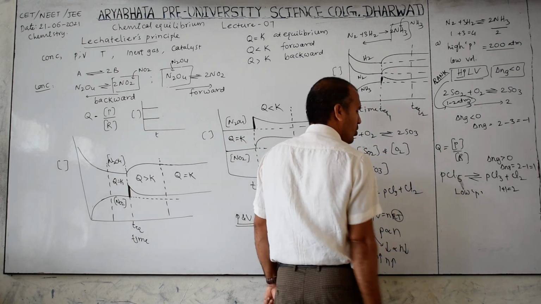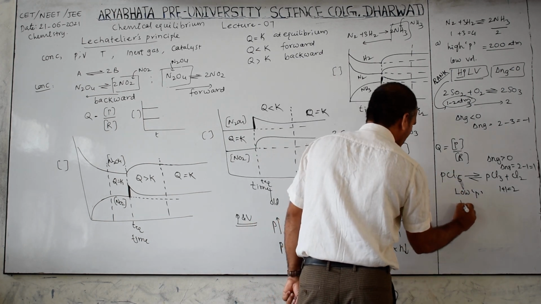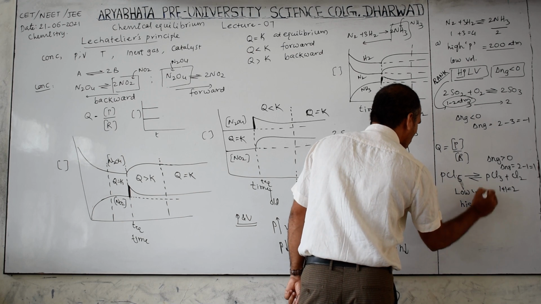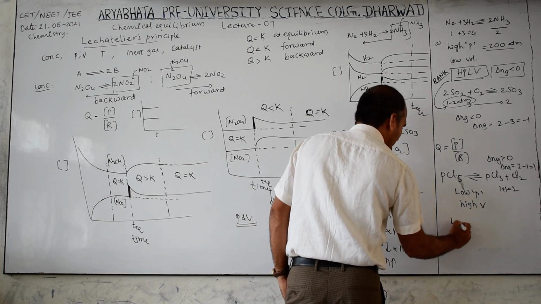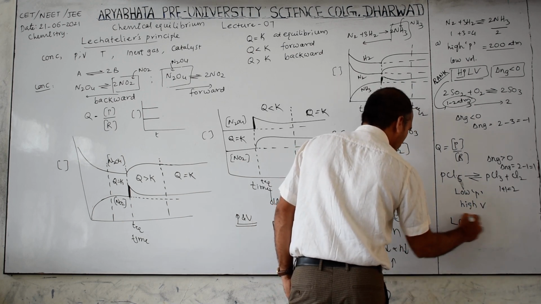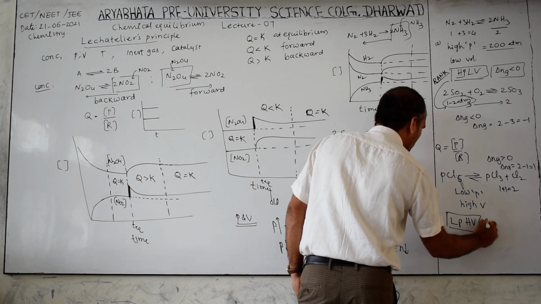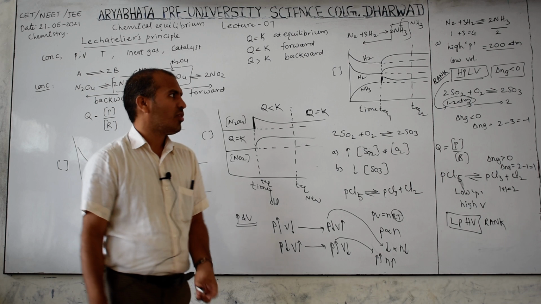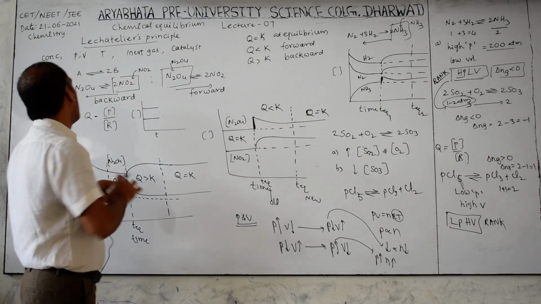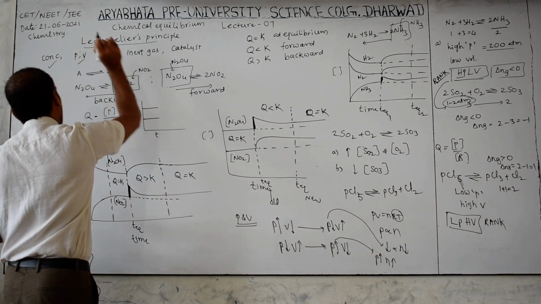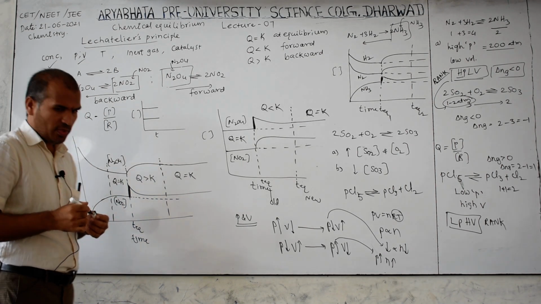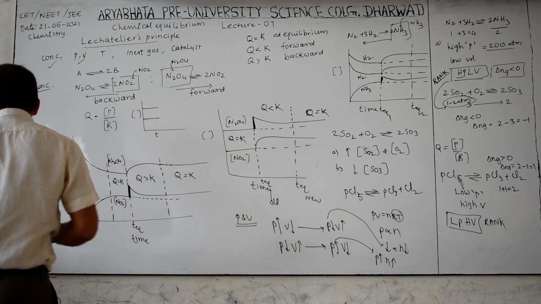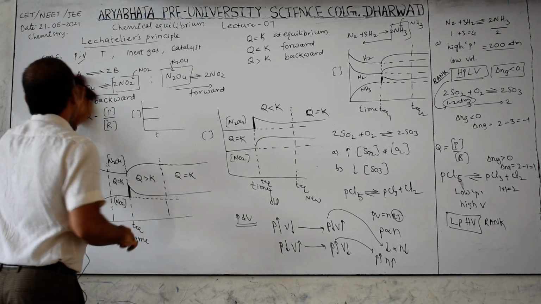Now for this, low pressure is required, which means automatically high volume is required. Therefore, LPHV. This is the rank shortcut. Remember it to answer what the favorable condition is. With respect to this, the concentration part is completed and the pressure and volume part is also completed. Next one is the temperature effect.